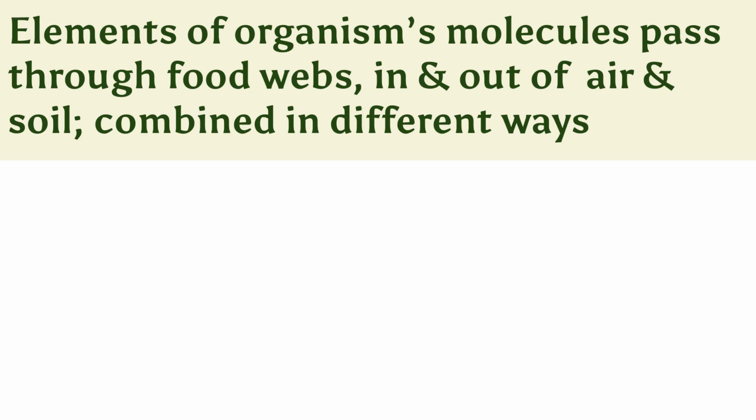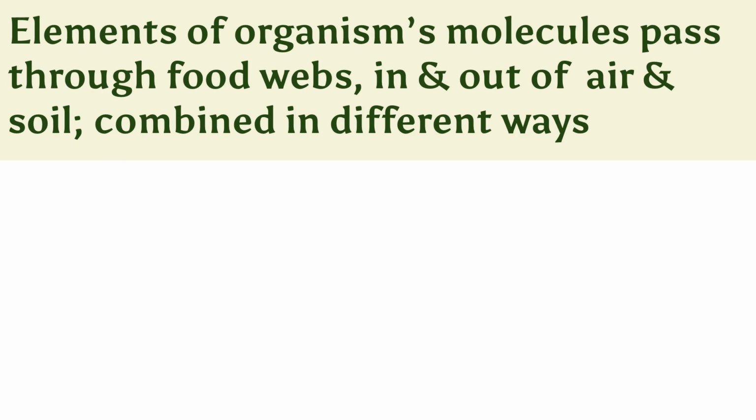So backing up a little bit, the chemical elements that make up the molecules of organisms pass through food webs and into and out of the atmosphere and the soil, and they are combined and recombined in different ways. So those same elements, the things that are making up the food or that organisms, they're still there, they're just getting broken down and reassembled,